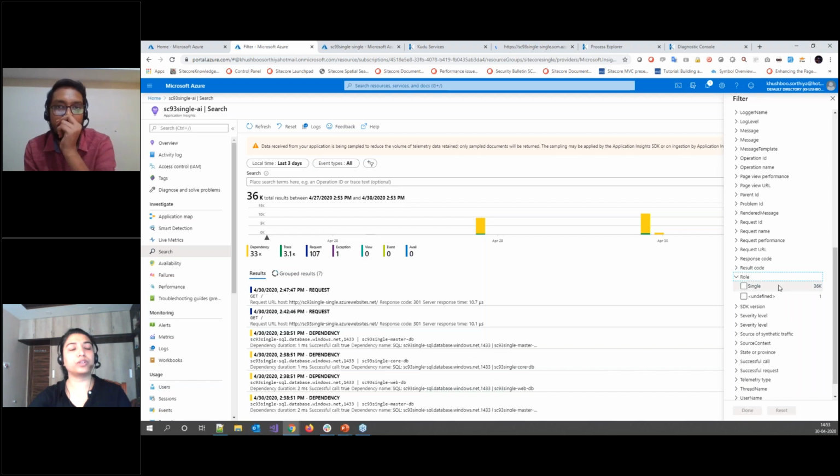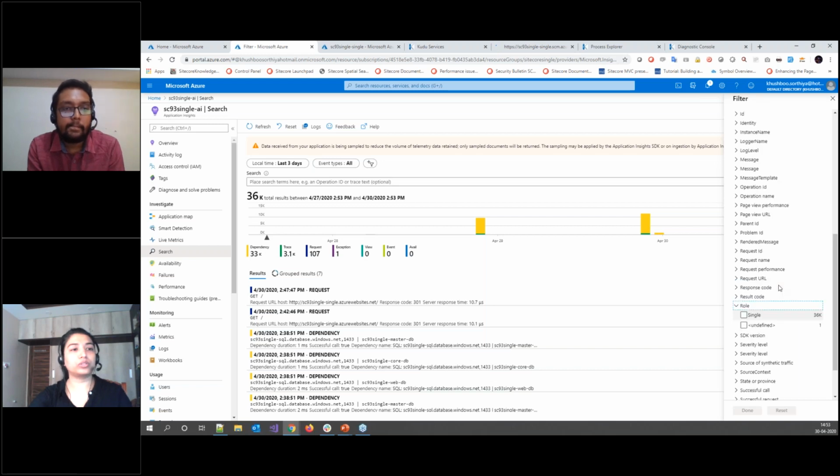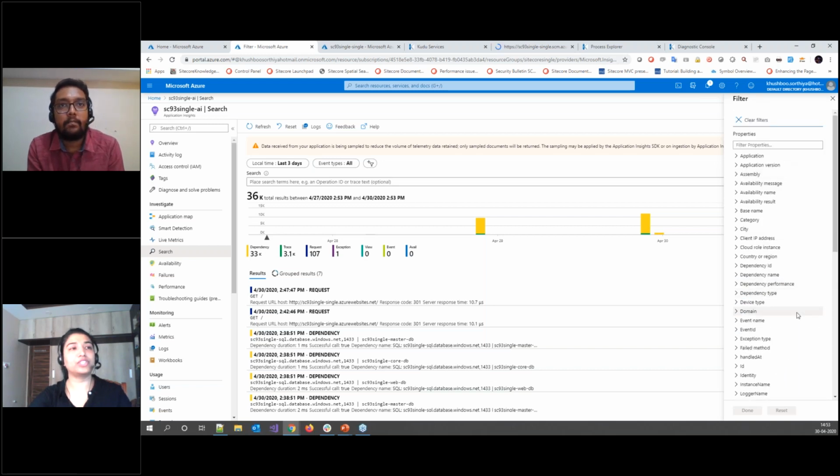But if your application is a scaled application, then it will list roles like CD, CM, processing, reporting, and you can select any role to filter the logs based on your server role. And there are many more filters available which you can explore as per your need.